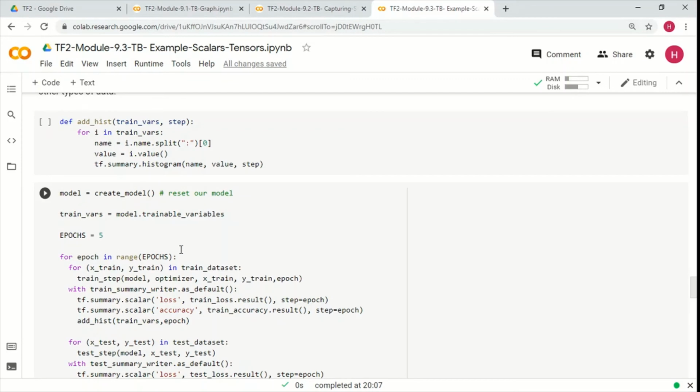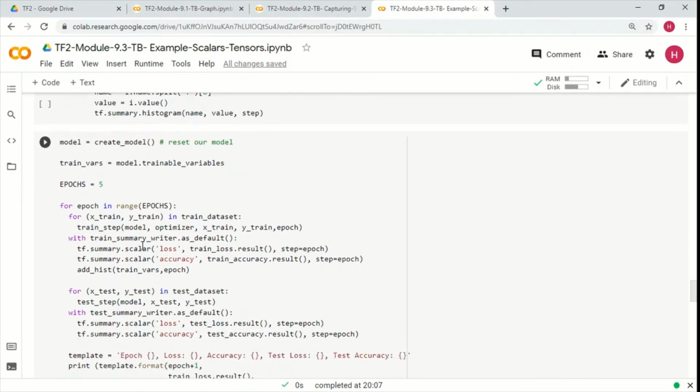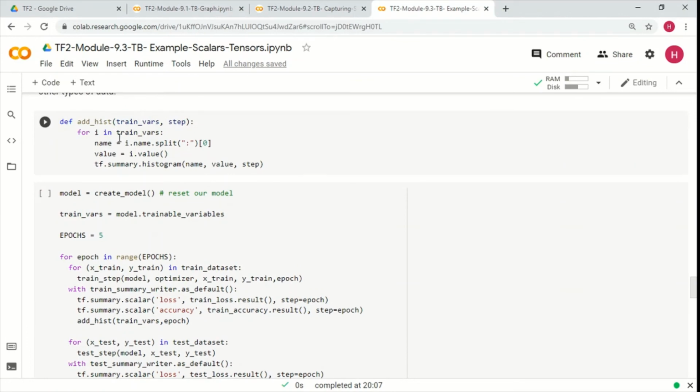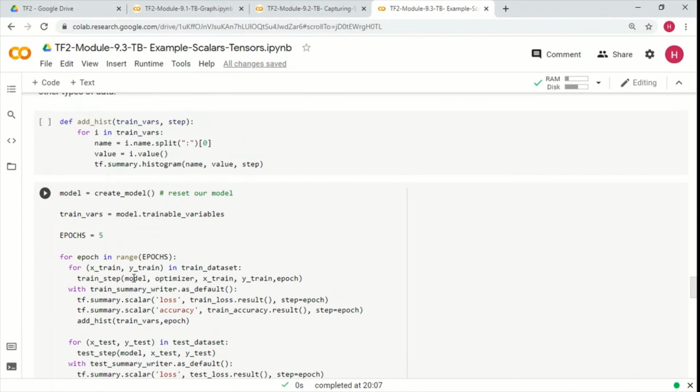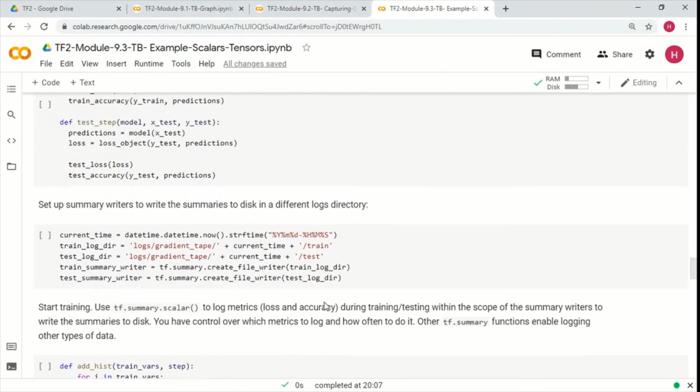Coming back to the main training loop, we are creating a writer here, and then we are capturing the loss scalar and accuracy scalar, and we are also adding the histograms. All these histograms are getting added, so all the trainable variables we are adding to this histogram function, and the gradients we are logging separately.